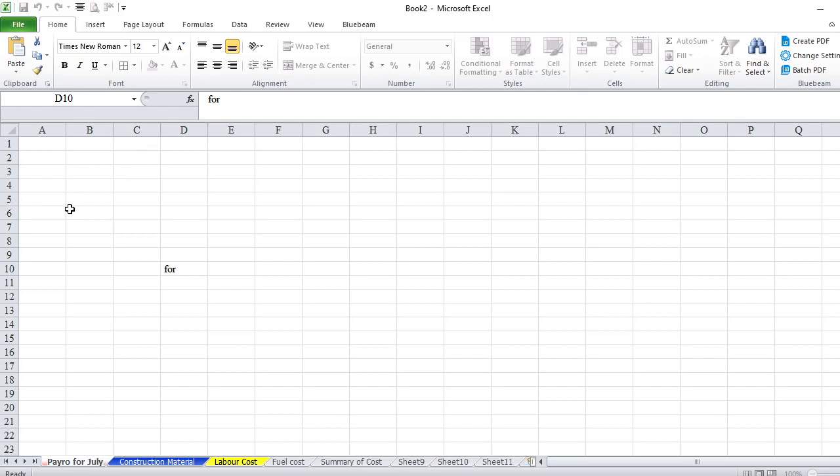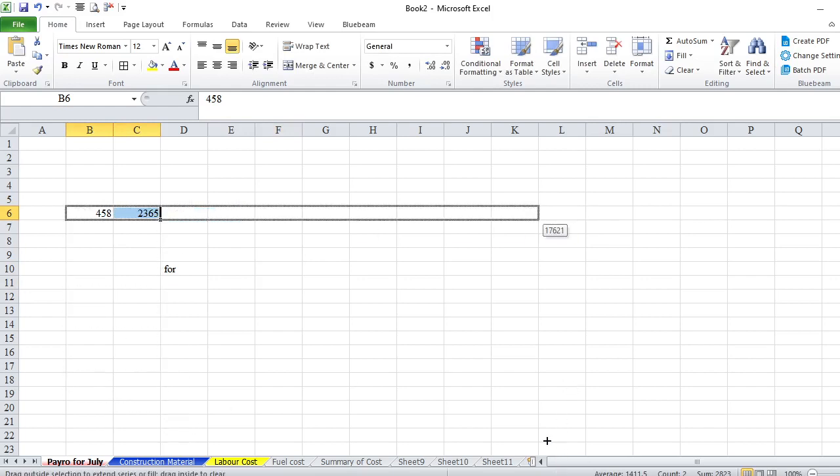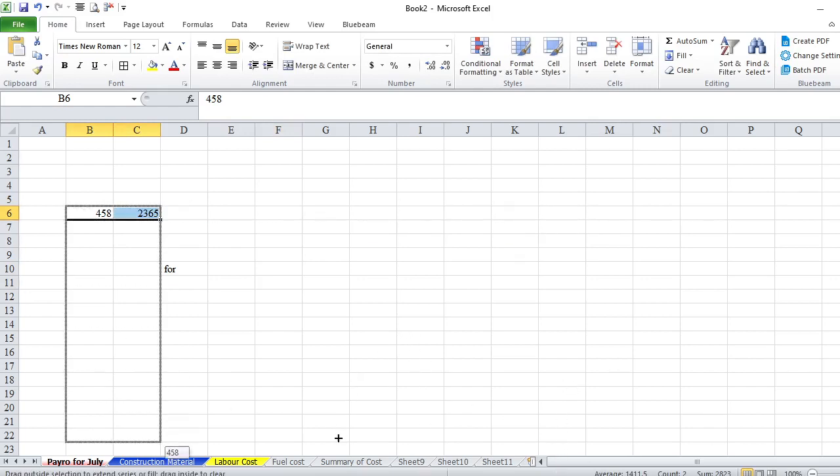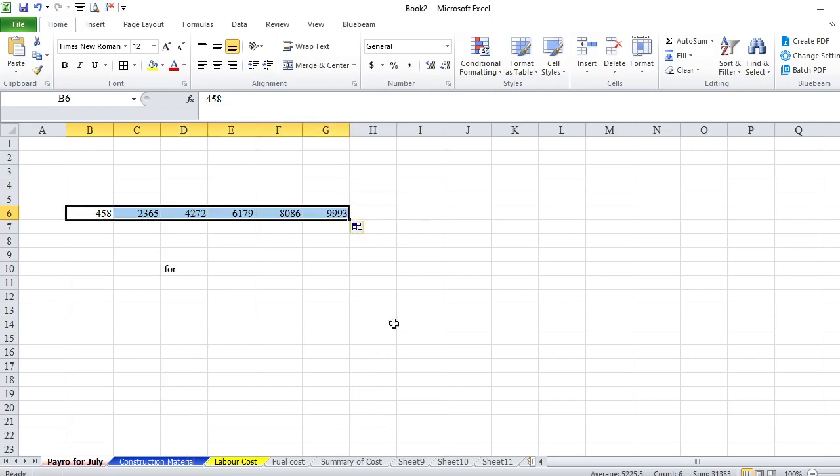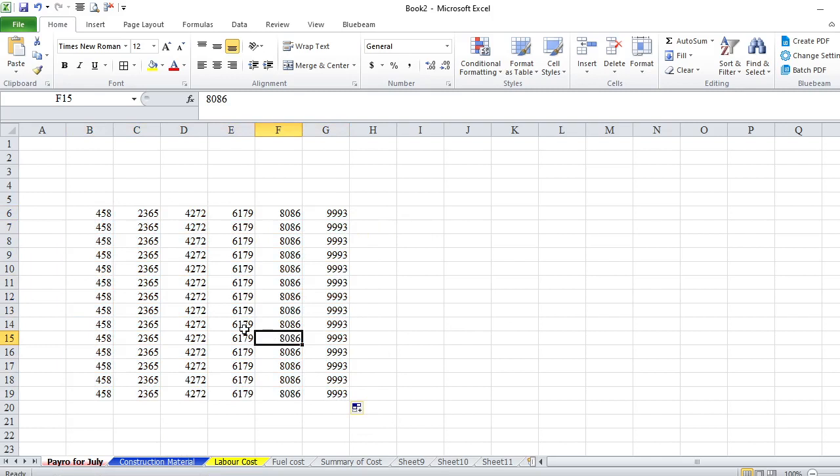So you have a lot of figures here, just random figures, simply for understanding.